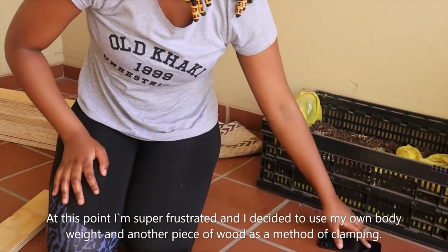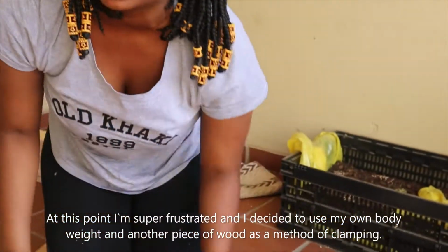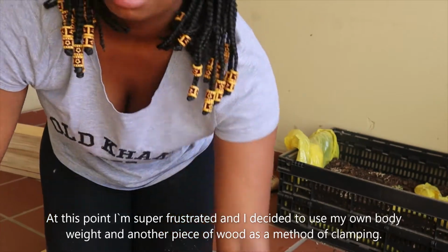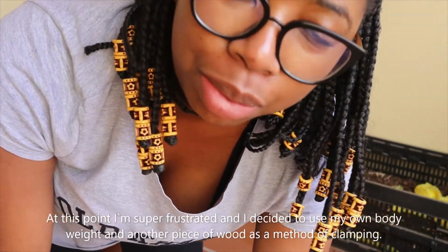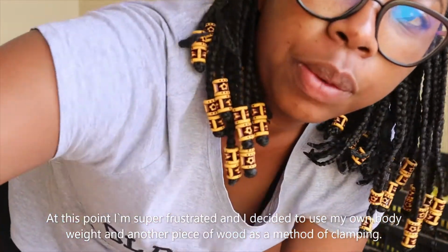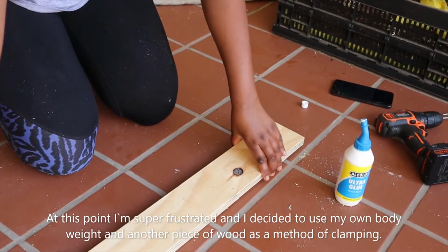So I've been struggling and I made a couple of mistakes, and now I'm trying to rectify them, but I'm trying to show you guys how to assemble this and how I've come back to my senses. I almost forgot to put on the glue, which is a nightmare, but anyways, I'll show you. So we're gonna have the long piece